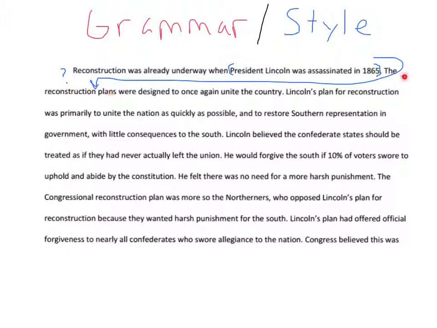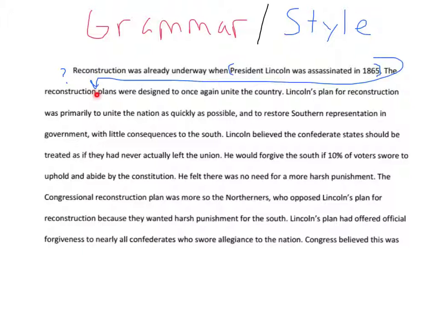If you want to start this sentence with Reconstruction plans now, it might be a better idea to change this sentence up here and put the fact of President Lincoln being assassinated in front over here. And then you can follow that up with the bit about Reconstruction. And then that will smoothly flow from this part to this part. Lincoln's plan for Reconstruction was primarily to unite the nation as quickly as possible